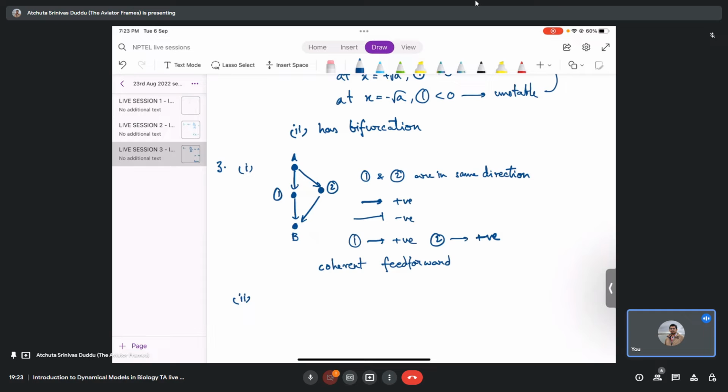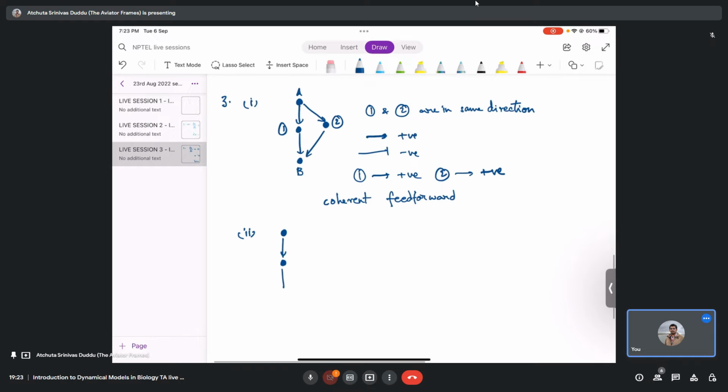So for the second one we see the first path remains the same, but there is a reversal in the direction of the second path, right. That's again 1 and 2 are in opposite directions,